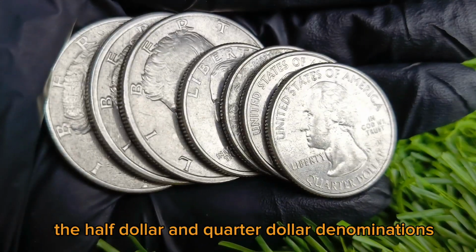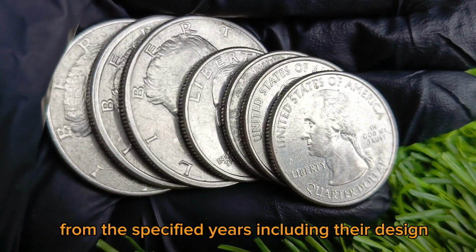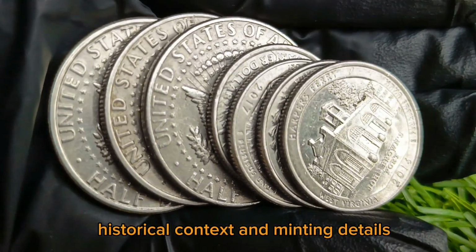Today let's explore the Liberty coins the United States has issued over the years, notably the $50 and quarter denominations. Below is an overview of these coins from the specified years, including their design, historical context, and